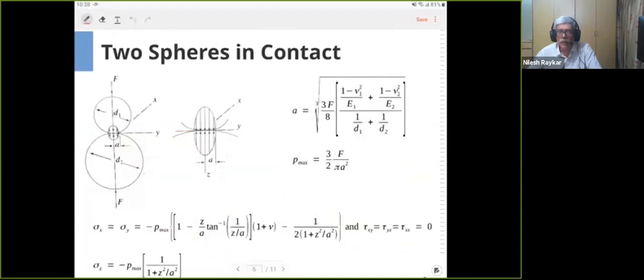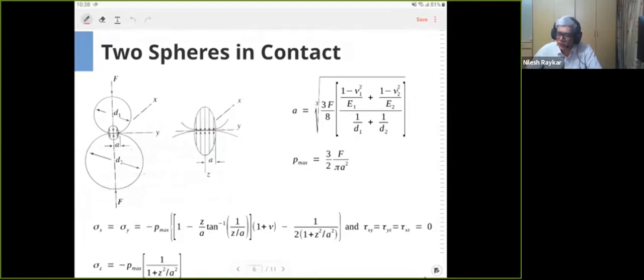We are learning how to use these formulae to design the components. That is, if you are designing two cylinders coming in contact with each other, like in the project, where your jumping platform is coming in contact with a cylindrical fulcrum, you want to keep the stresses at that junction within the limit. How to do that would be given by these equations.